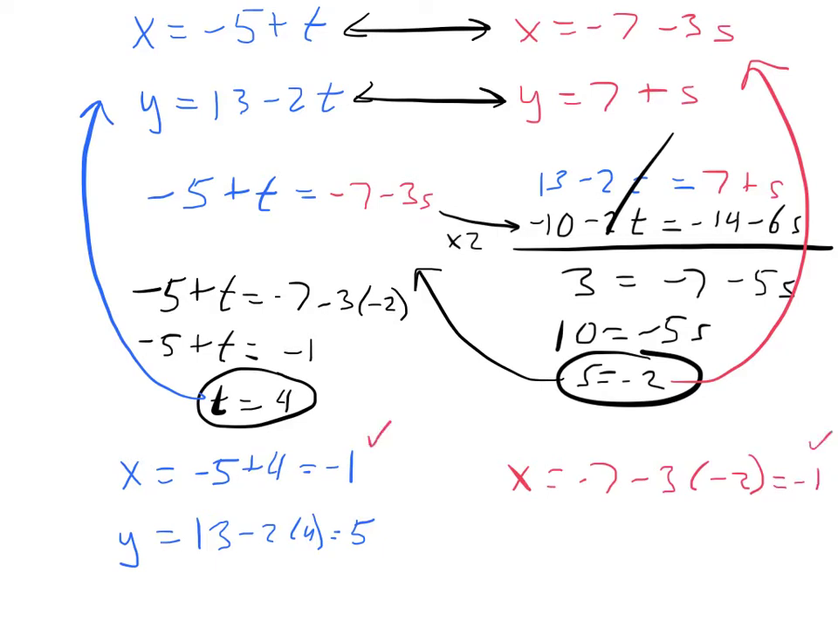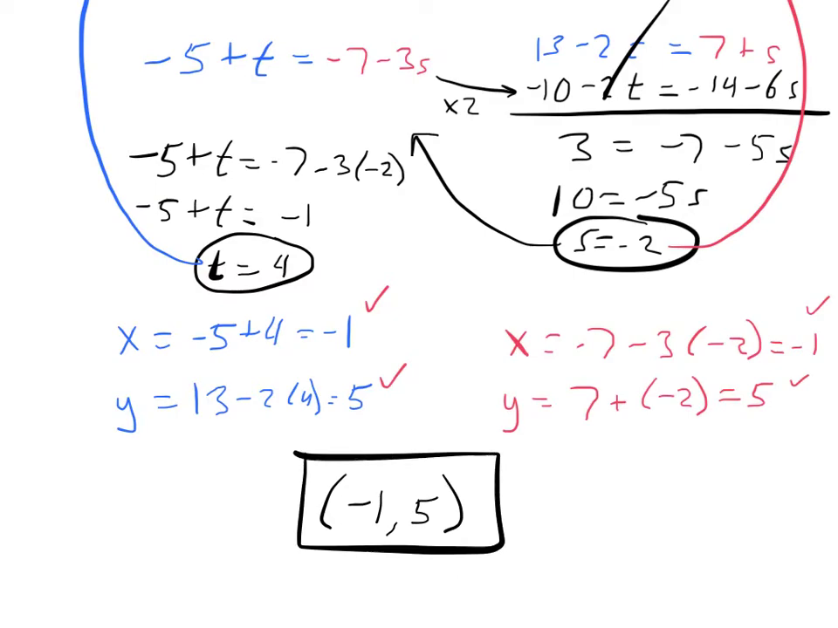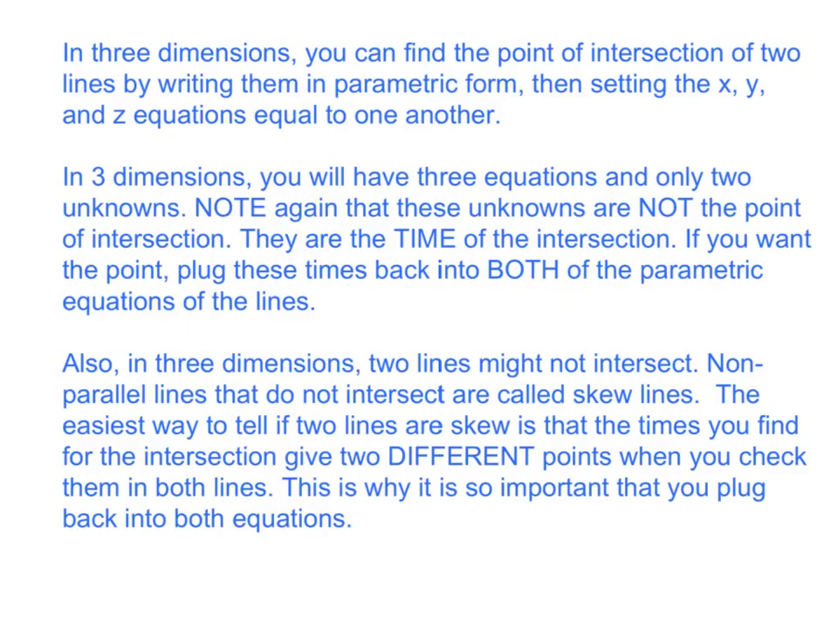This is the same as this. Y is 7 plus -2. That's 5. That also checks out. So now that we've done that, we can see that our point of intersection is -1, 5. Okay, there it is. And there's a lot of text here, but in 3 dimensions things change a little bit,